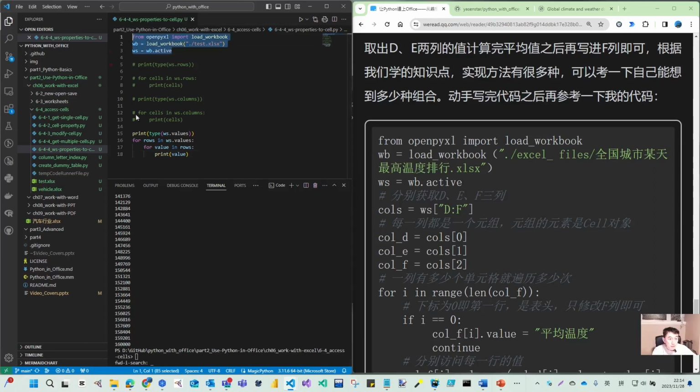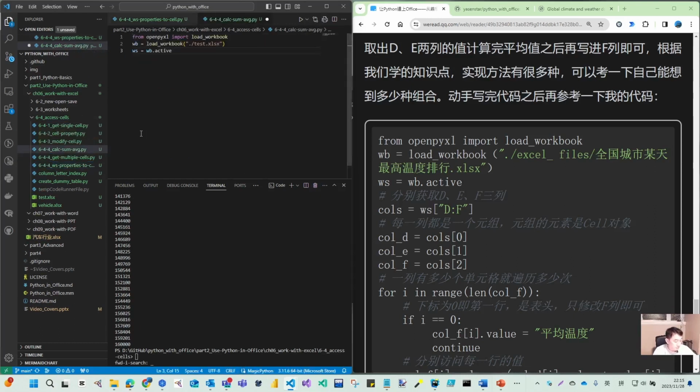So let's try. First, create a new file, calculate sum and average. So we have our file loaded. So columns, let's see. So columns equal to WS